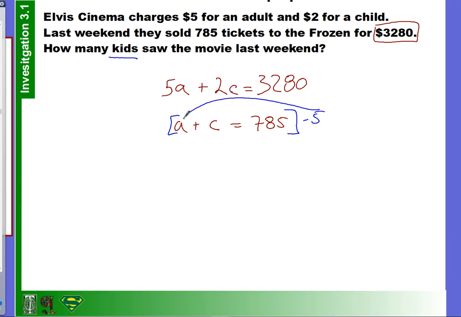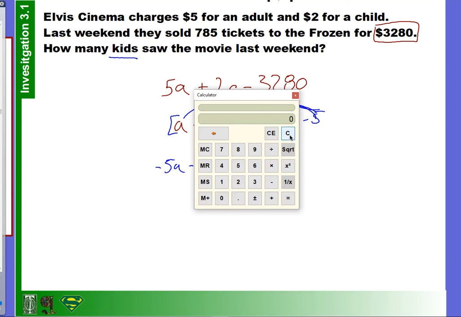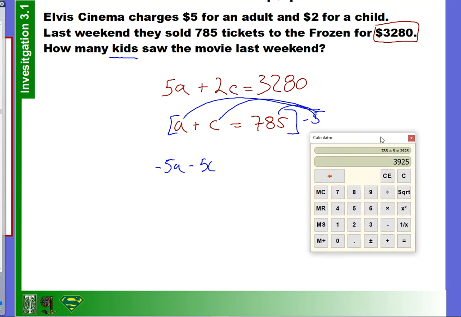So negative 5 times a is negative 5a. Negative 5 times c is negative 5c. Negative 5 times 785, I don't know off the top of my head, so forgive my little cheat here. There we go. So 785 times 5, I get negative, because it's a negative, right? 3,925. All right. So I'm going to rewrite my first equation, and notice how all of a sudden I have